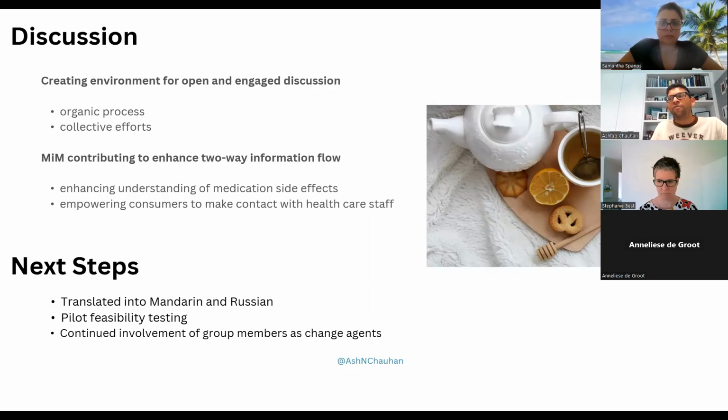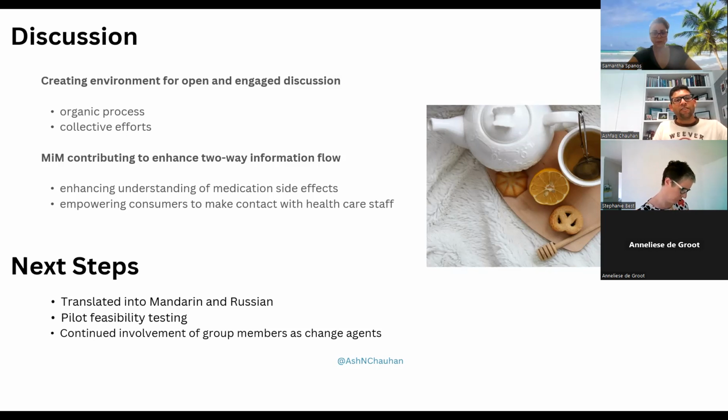I guess from my view, because this was more focused on co-design, especially with people from CALD backgrounds, what created involvement and engaged discussion with them was the organic process. The schedule that I outlined does not convey all the work that goes into co-design and creating that environment for them to freely talk about their conditions. The environment where the discussion happens also has an impact.